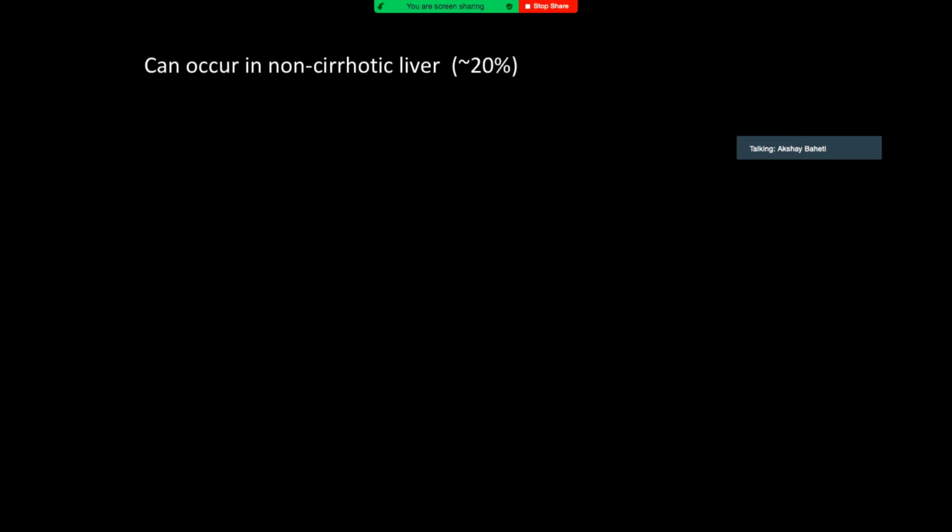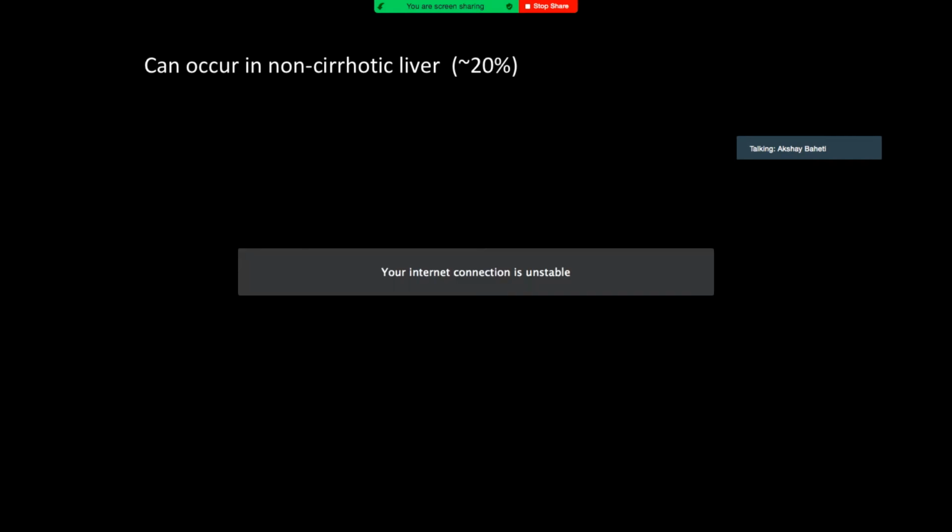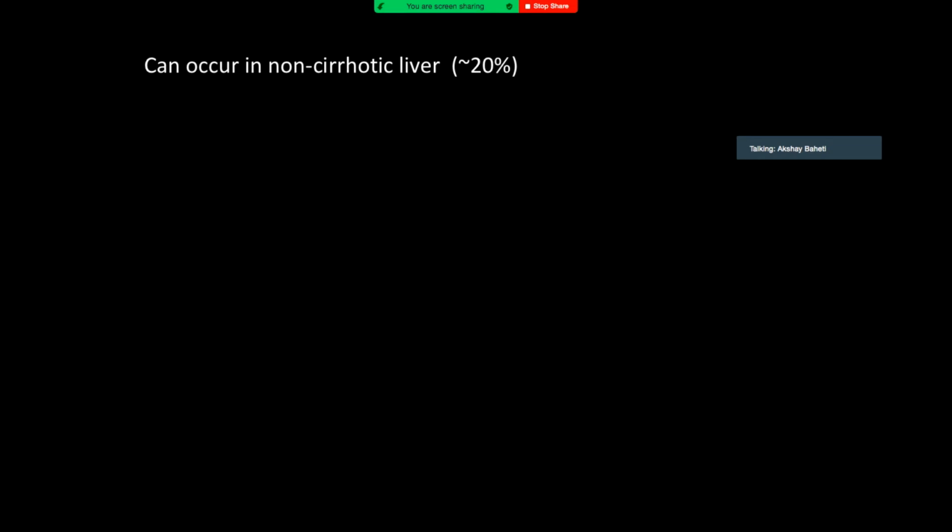Alright, so now we come to HCC. So HCC, as I said, we'll discuss more in the talks on approach to cirrhotic liver. But the thing is, 20% of it can be in non-cirrhotic livers. Usually, there'll be other etiologies, most commonly NASH, non-alcoholic steatohepatitis, or non-alcoholic fatty liver disease, right? So that's a common etiology. Sometimes the liver will not appear cirrhotic, but actually the patient is HBV positive. So technically, it's a hepatitis positive patient.